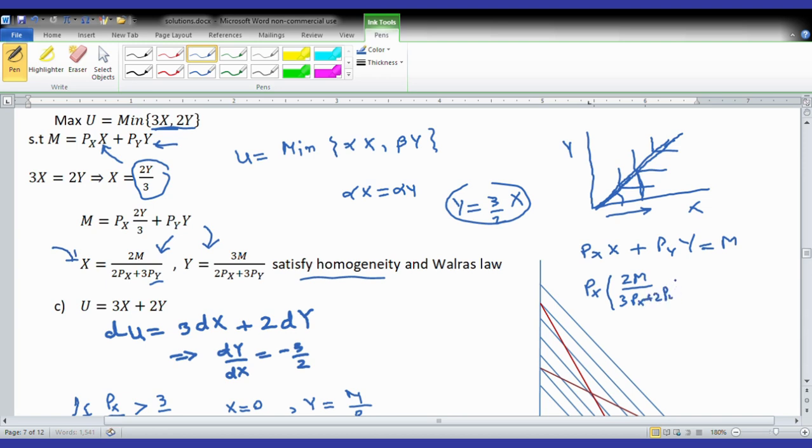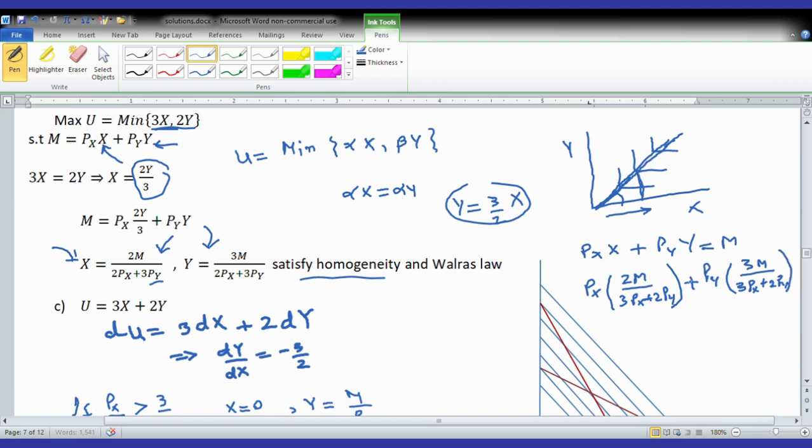So this is py. This is your px times x plus py times y. So I have py times y. Y is equal to 3m over 3px plus 2py. And when you do this,